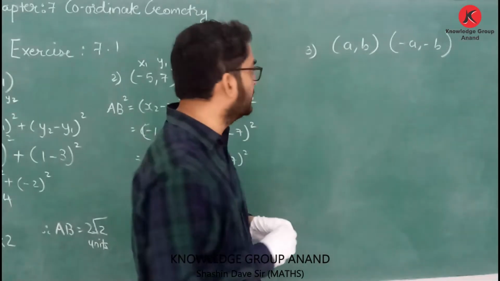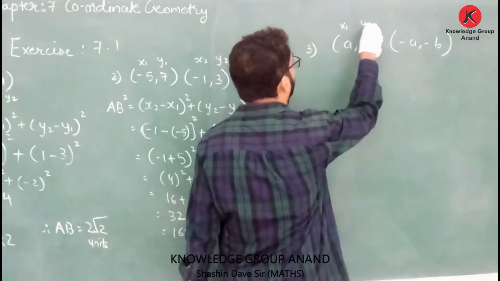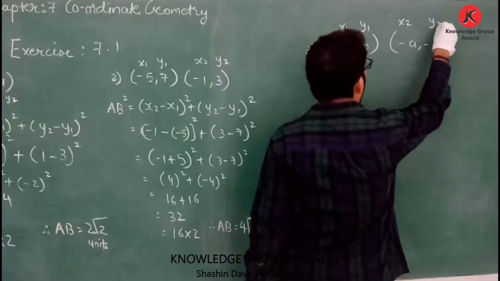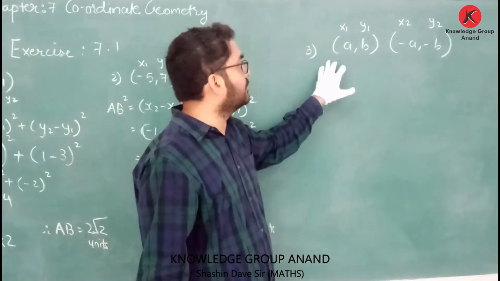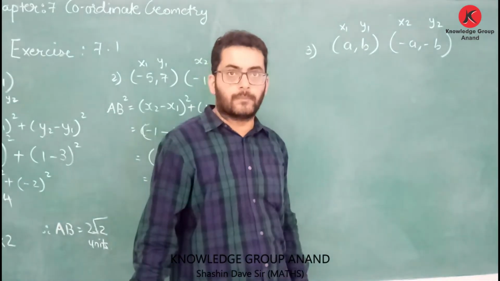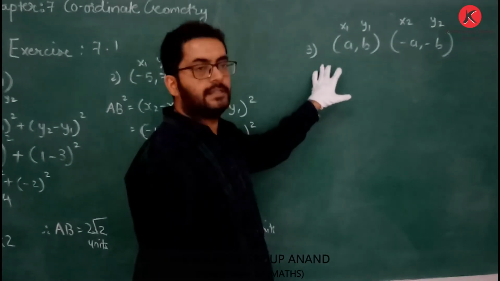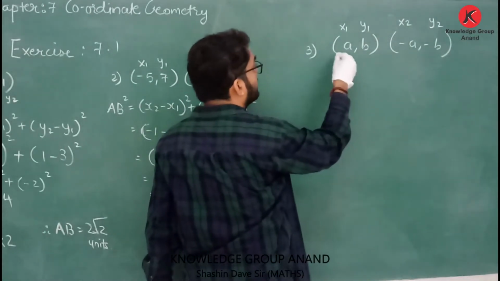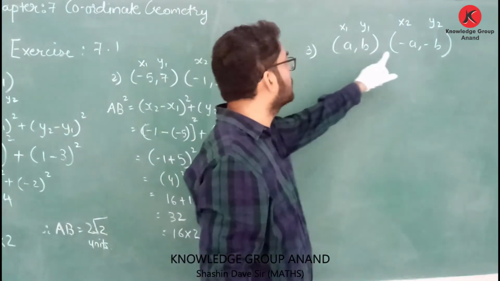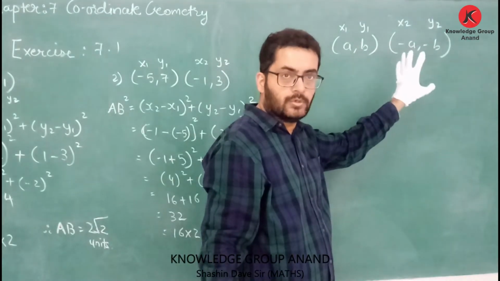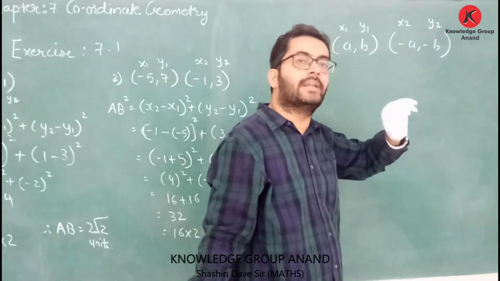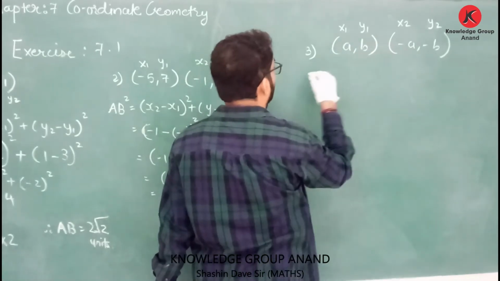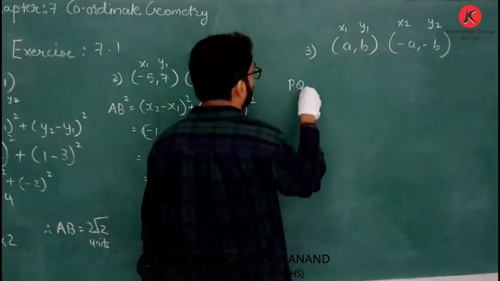ठीक है, सेम लॉजिक, यानी यहाँ पे ये हमारे हुए x1 y1 और ये हमारे होंगे x2 y2. Now we need to find the distance between these 2 points. अभी यहाँ पे AB है तो मैं इसको P लूंगा, इसको Q लूंगा, तो जो डिस्टेंस होगा वो PQ हो जाएगा. तो जस्ट टू अवॉइड द कंफ्यूजन यू कैन आल्सो टेक कैपिटल A एंड कैपिटल B, नो इशू. So suppose this point is P, this point is Q, so distance between these 2 points, that is PQ square,